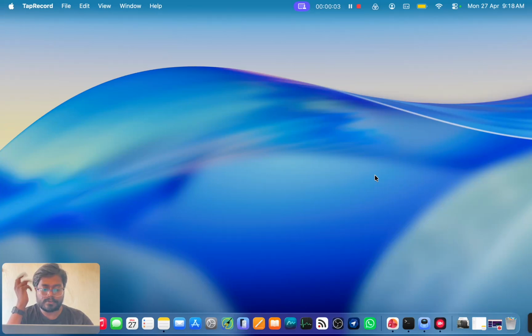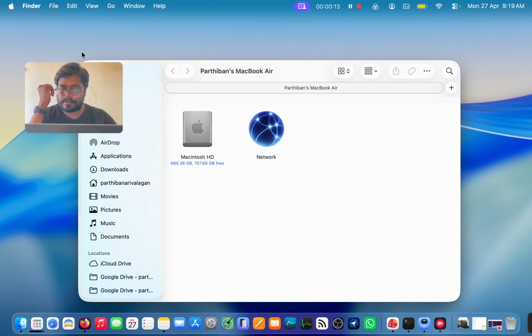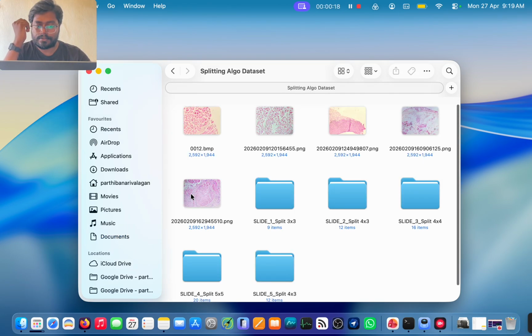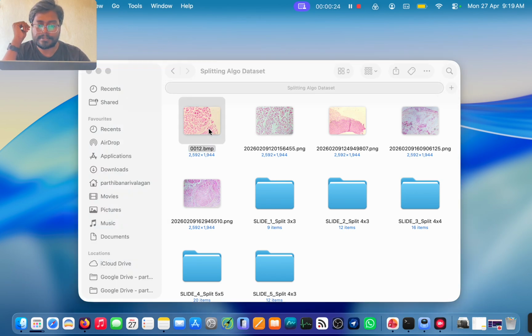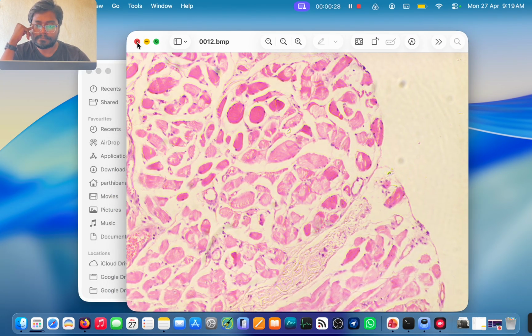So coming to the stitching algorithm, which I've been demonstrating, I'll just show you the data set of what I've done initially. So just go to my documents. So these are supposed to be the final images that we should get ideally. So this is how it's supposed to be looking like. So having this over here,